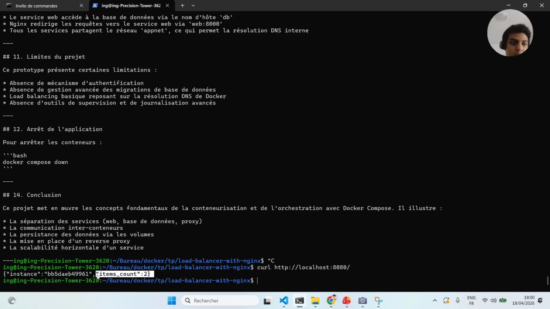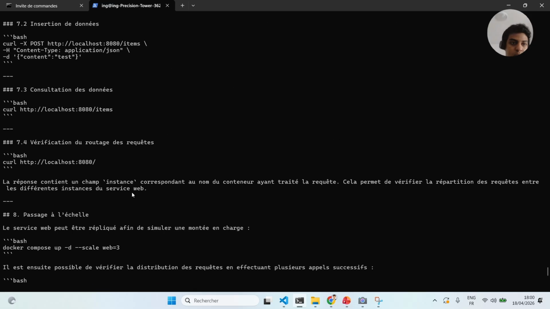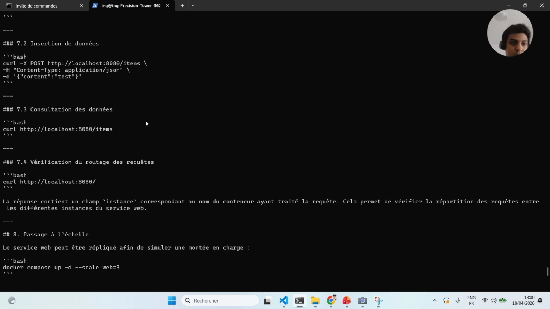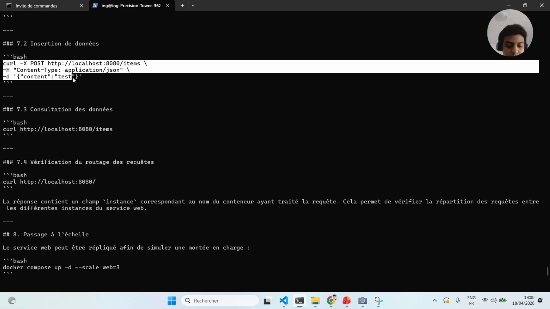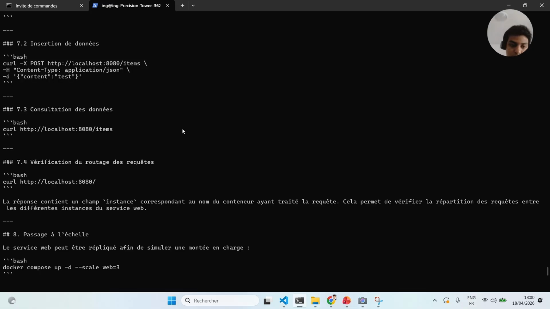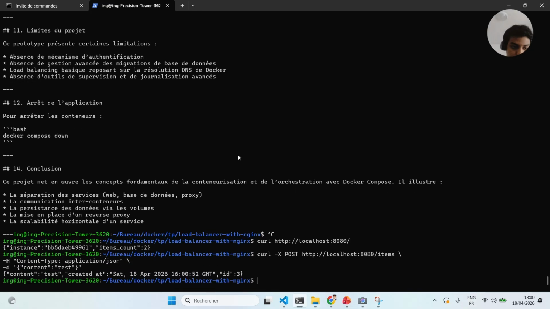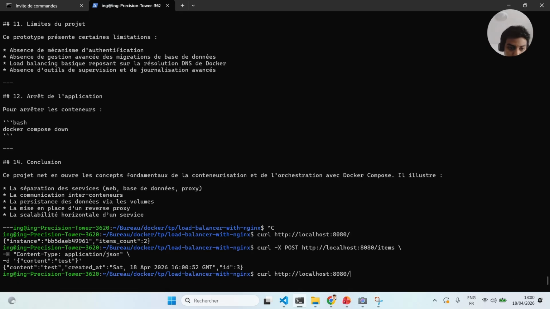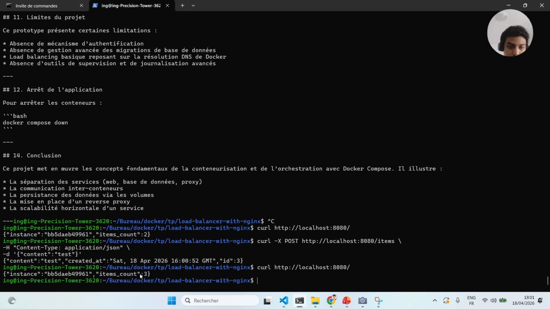To add, for example, an item to this service, I can do this. Okay, and you can see here that I added the third instance. Let's see if it's good. Here we have three instances instead of two. So everything is working correctly.